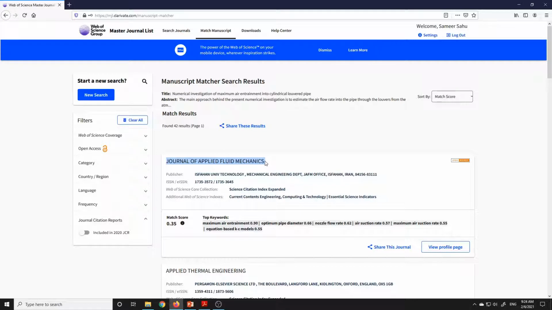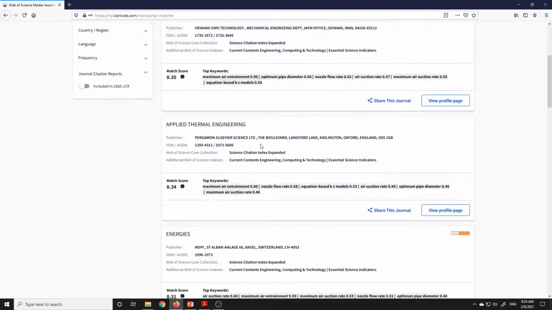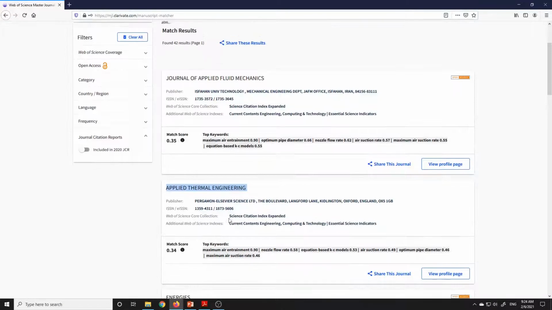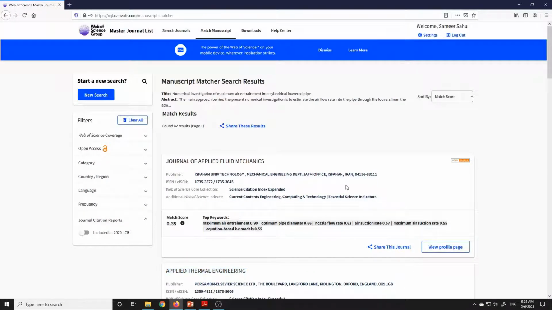Okay, in that case there are two things. One is you can directly go on to some other journals, like Applied Thermal Engineering, Energies, whatever. Or sometimes the editor also tells you that you can prefer another journal, and the name will be given by the editor only. So you can go either way. Okay, so that is a gamble that we have to take.